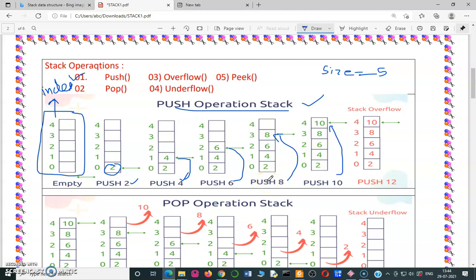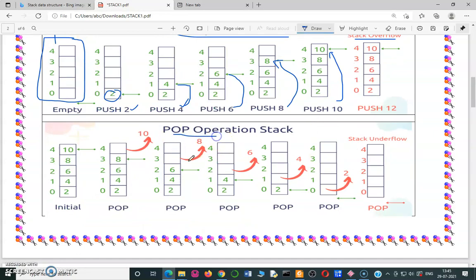Now see, stack size is full. If we want to push another element, then stack is overflow. This situation is called overflow. That means stack size is full.